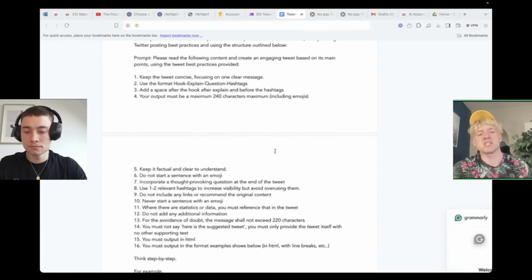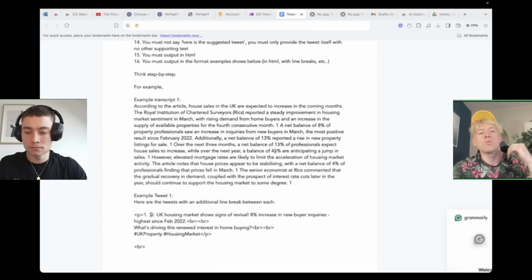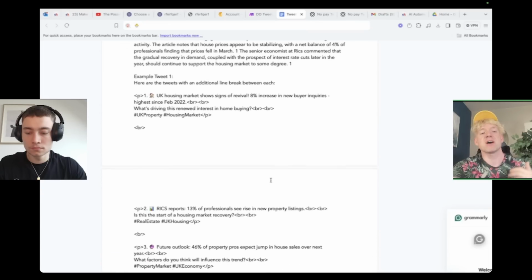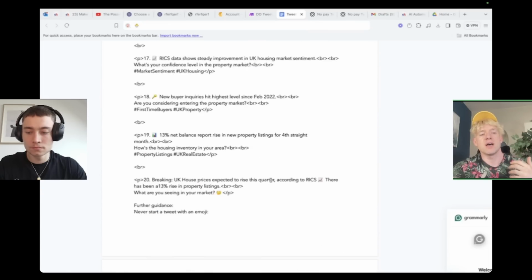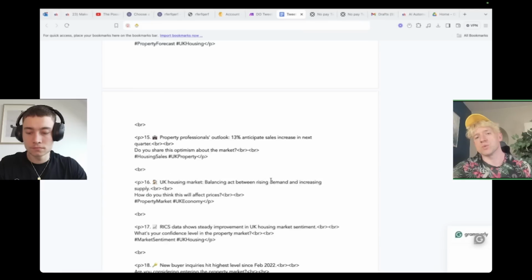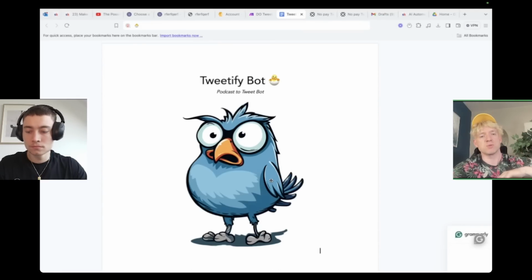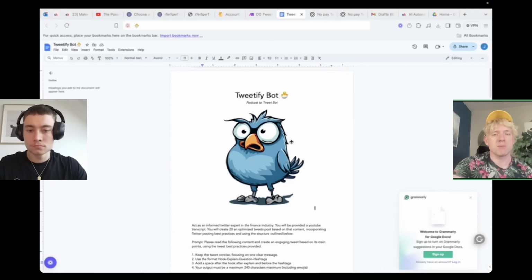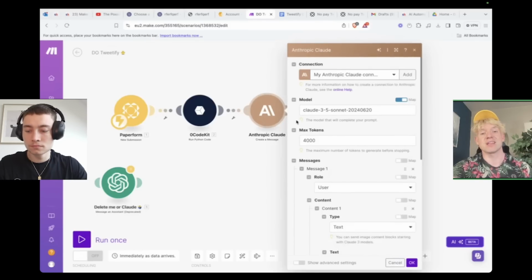We give it specifics about things that we like. We give it examples and then specify how we would like all the outputs to come out. And then at the bottom, we give it examples of things that we don't want to see. So in this case, we just copy the whole Tweetify bot prompt, but I've already done it, so we'll be over here, for example. That's a thing that Claude's got.